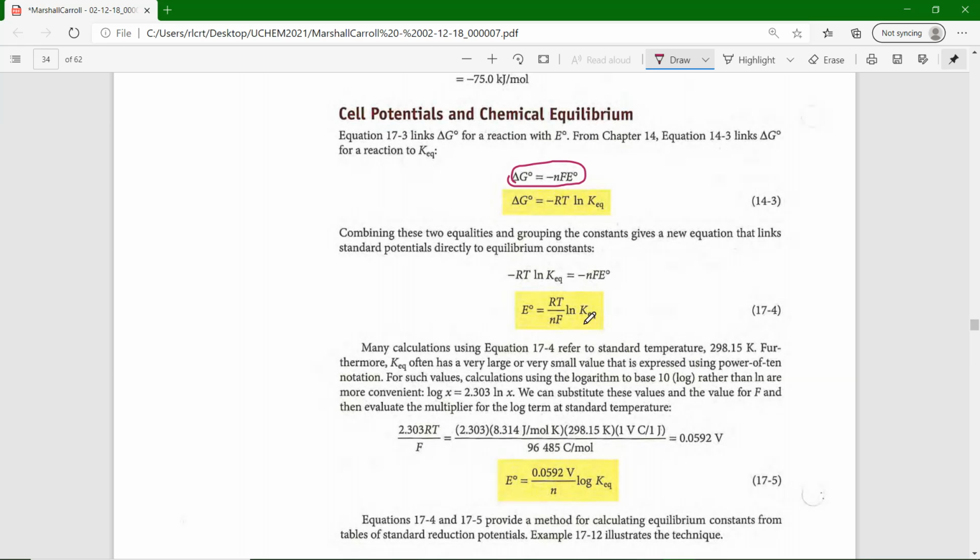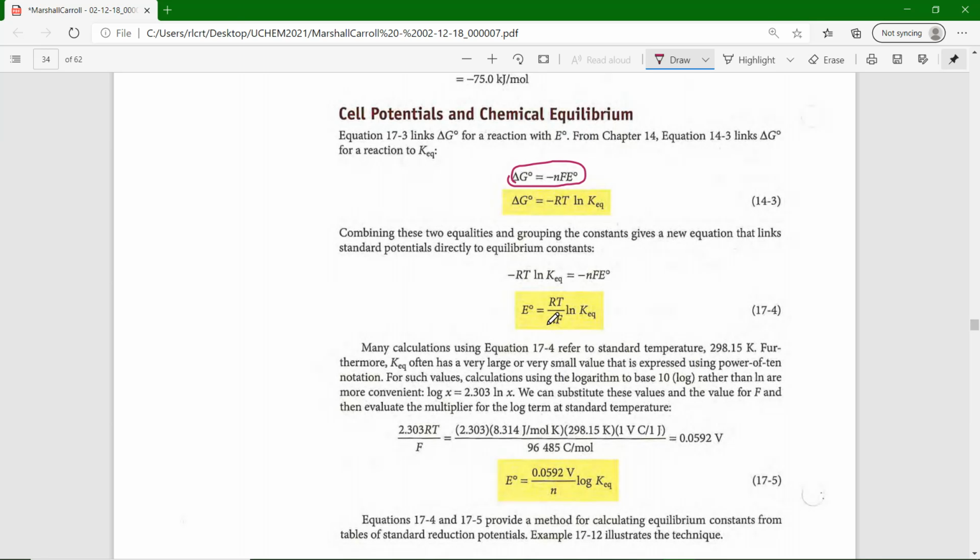So look at this. The greater the equilibrium constant, the greater will be the standard cell voltage. n is our least common multiple when we're looking at the OHR and the RHR. F is a constant, R is a constant. T is the temperature. Now typically we look at 298.15 Kelvin. We don't have to. We can look at another temperature if we want. But if we look at 298.15